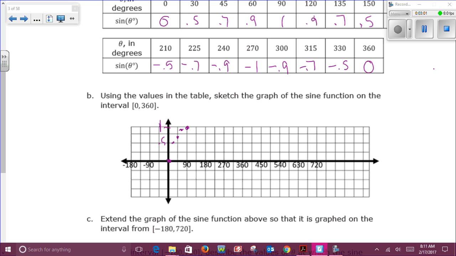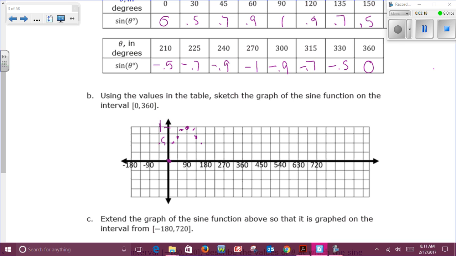Well, it's because it's 0.9. And then it's just going to be a mirror image. So we're going to be about halfway in between, and then 0.7 on the line, then 0.5 halfway between, and